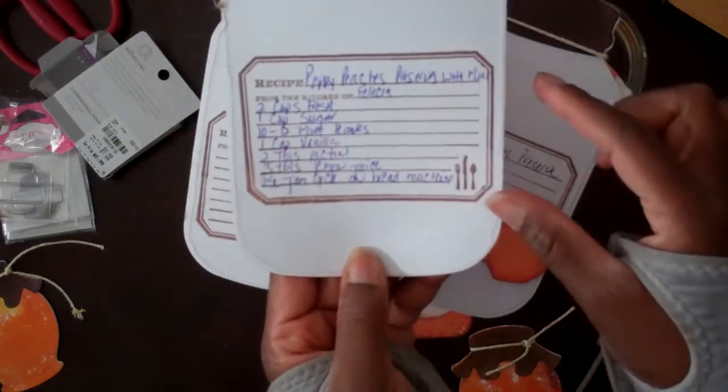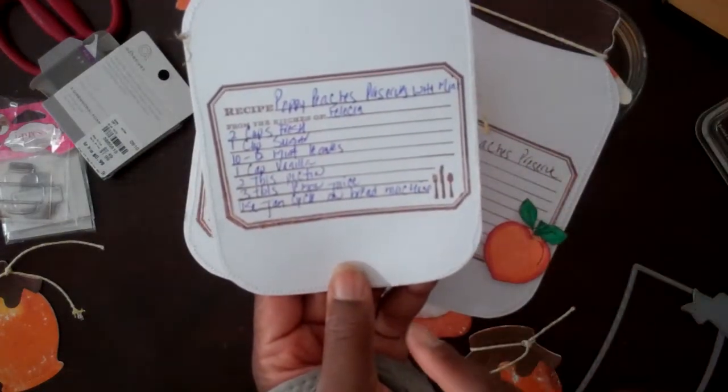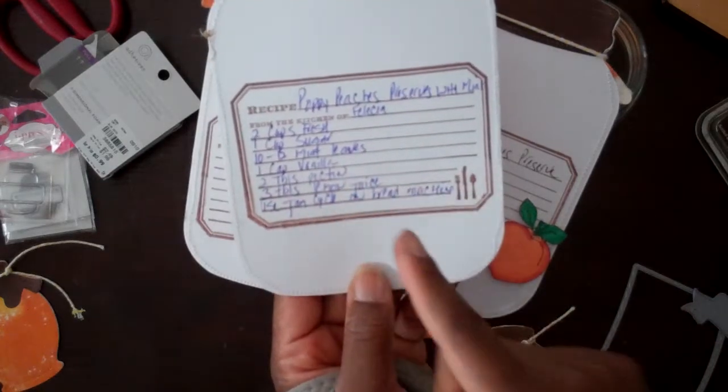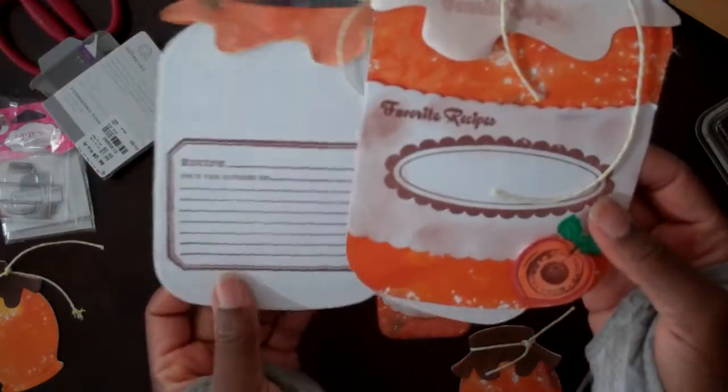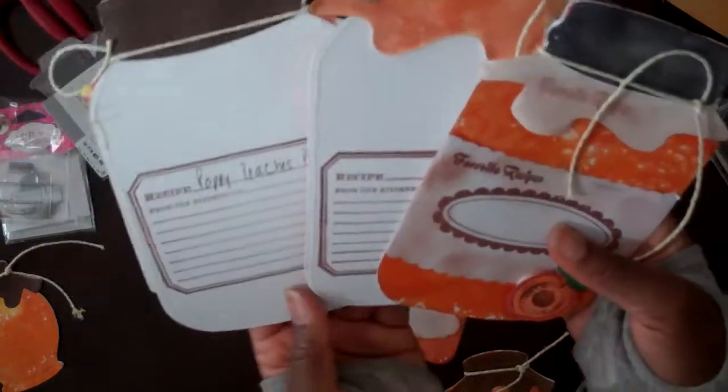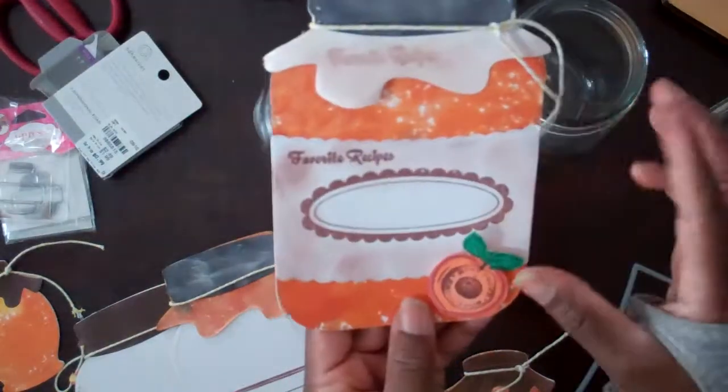And it's a very basic recipe. The only thing different I added was vanilla extract, and I added mint. And it came out, it tastes so good. So I am going to be making jams from this day forward. And I love it. I love this whole idea because,